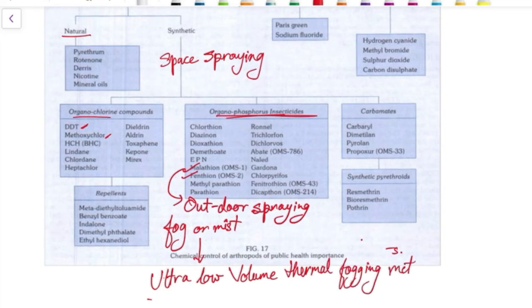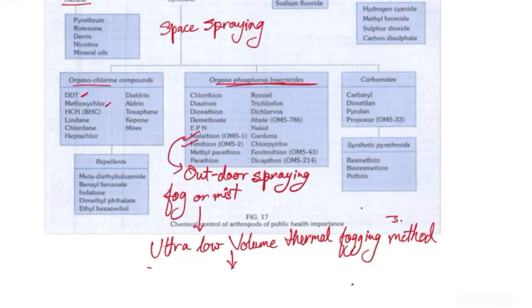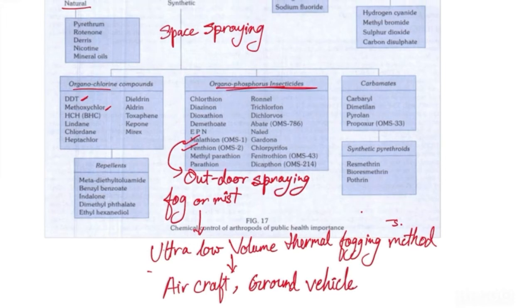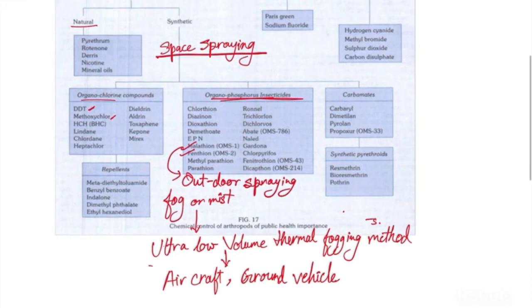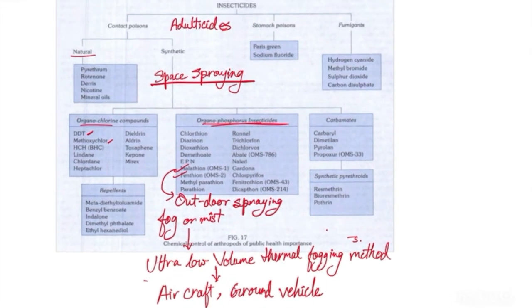Thermal fogging method is done by aircraft or some ground vehicle fitted with a spraying machine or anything that can be fitted. It controls the vector quickly. And space spraying we have done in adulticides. And now talking about